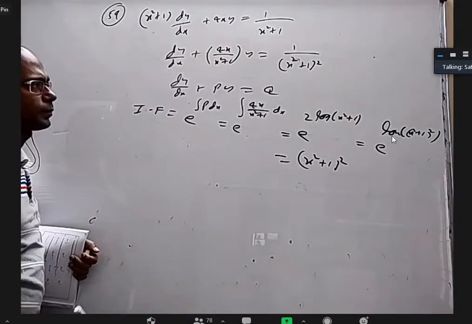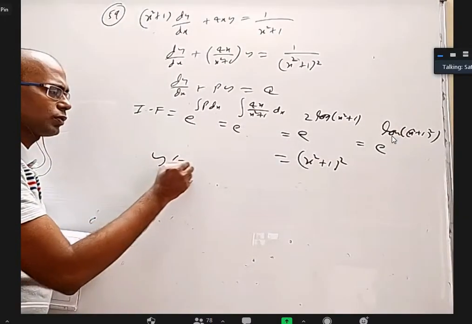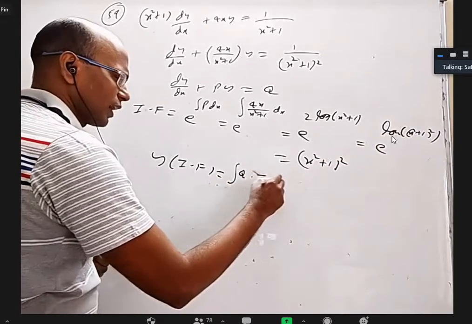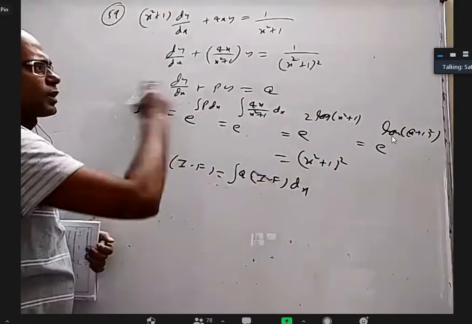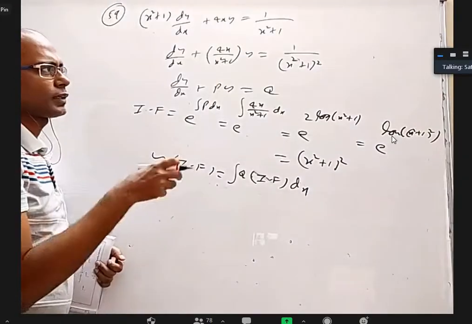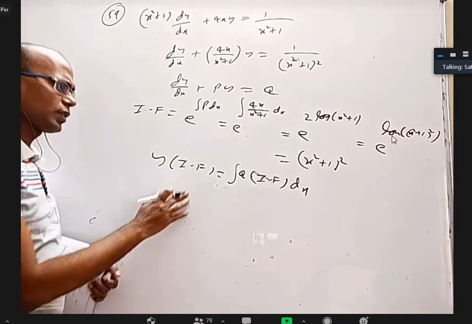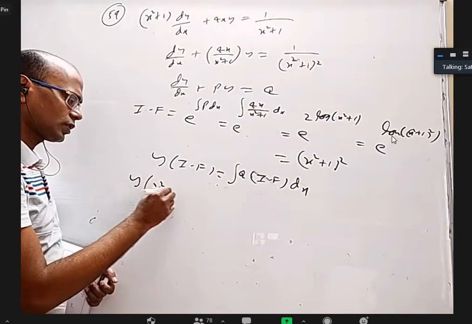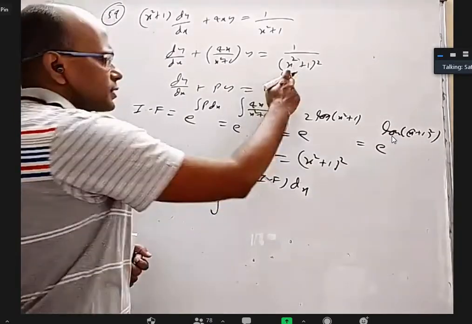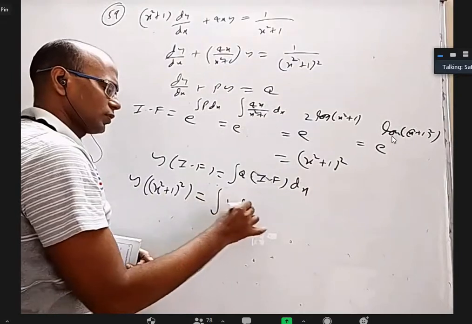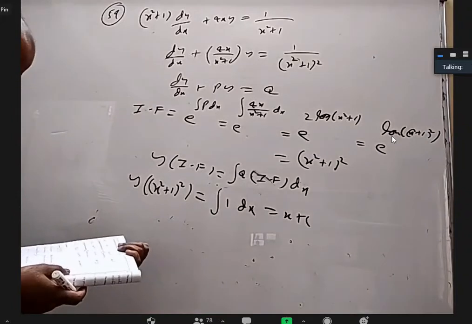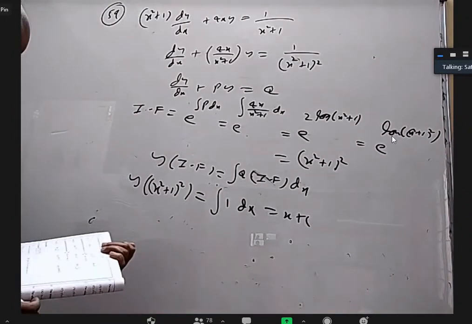as the integration factor. Now our formula is y into integration factor equals integral Q into integration factor into dx directly. Actually, we are supposed to multiply with this here, write this together as a derivative of a product and then do it. But this formula is already derived. You'll get y into (x square plus 1) whole square equals integral Q. Q is this, and when I multiply with this, I'll get 1 dx only. That's it, it is over. x plus c. And we solved it. That's it. Nothing more.